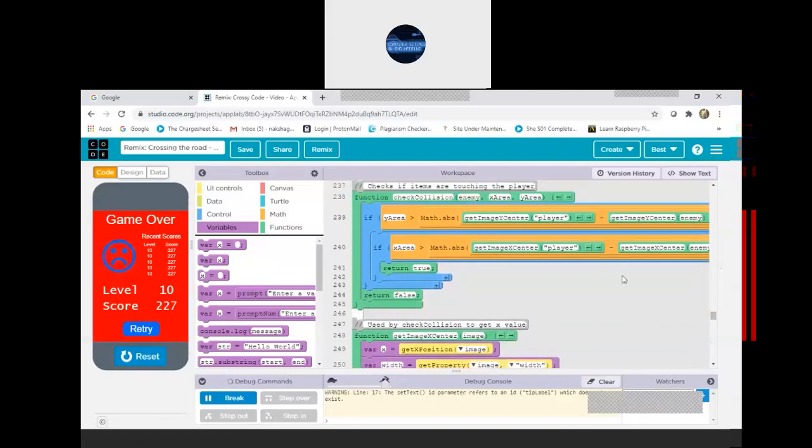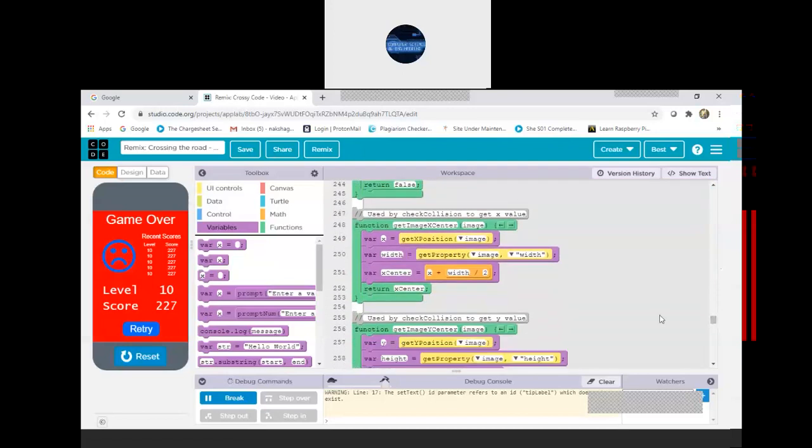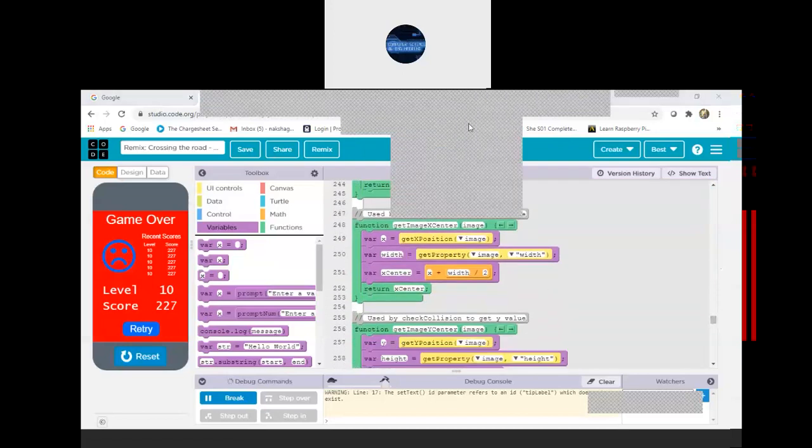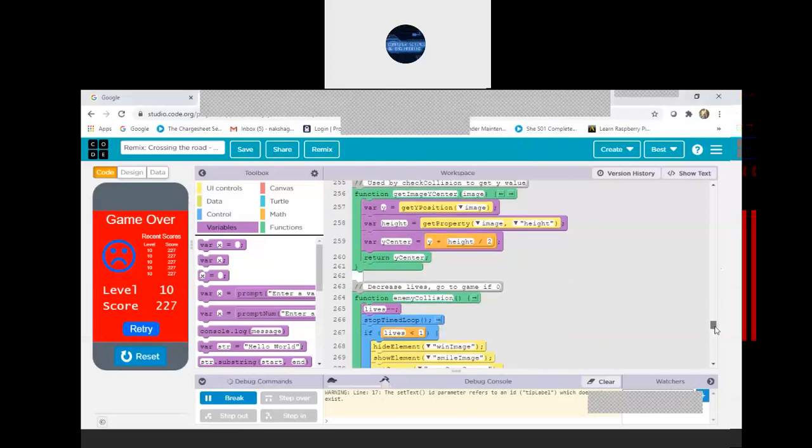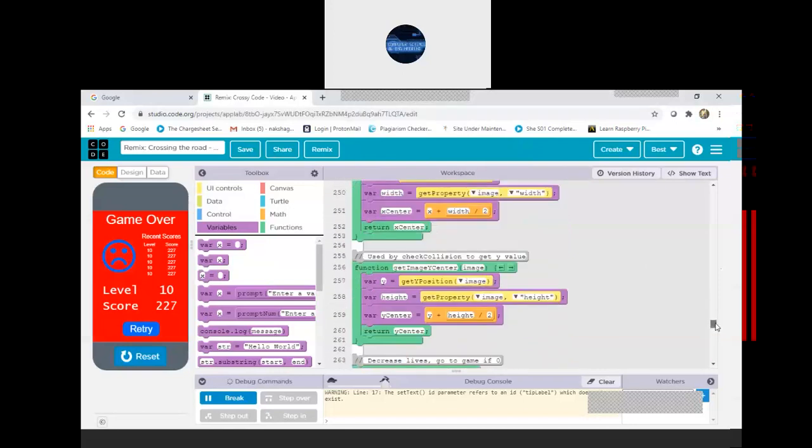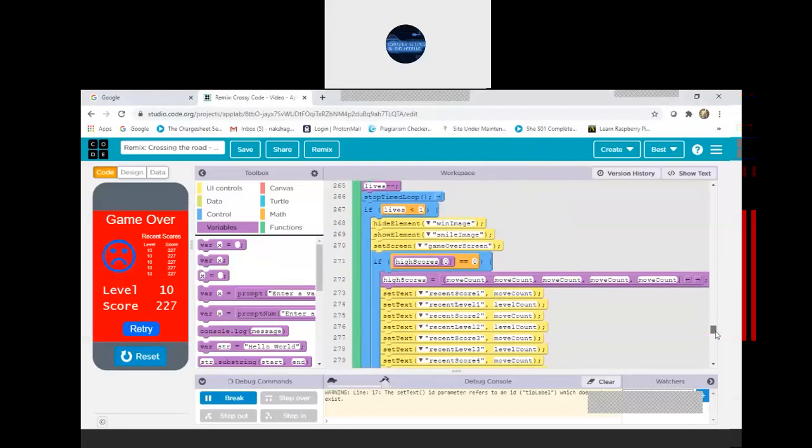And this is in mobiles. Here it checks the collision, whether we have collided with the obstacle or not. If we have collided, we should lose one life, or if we have collided with the bar, we should go back by one step. And here the x axis and y axis are used.